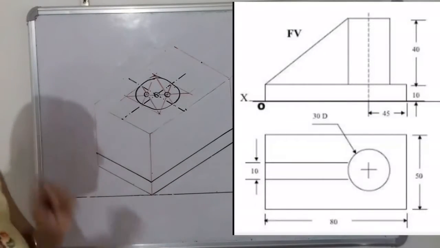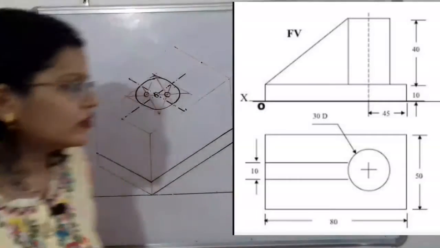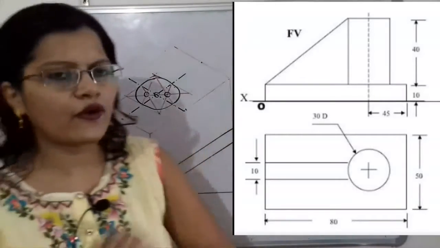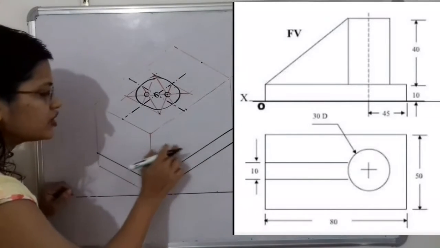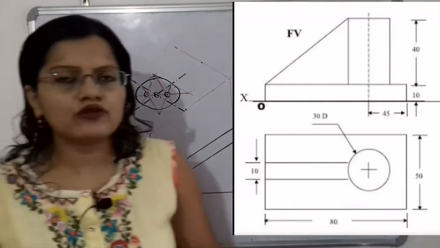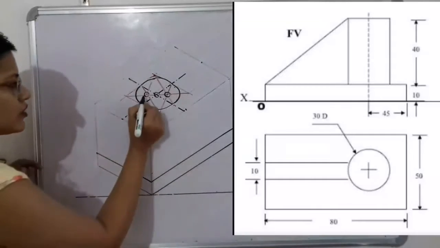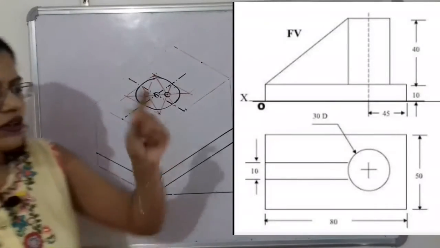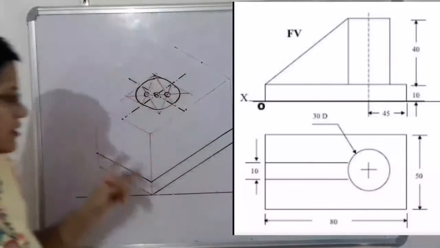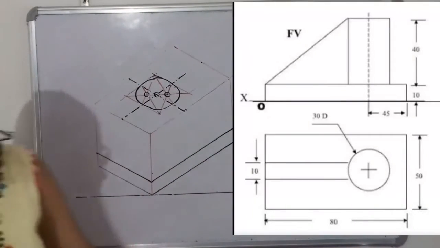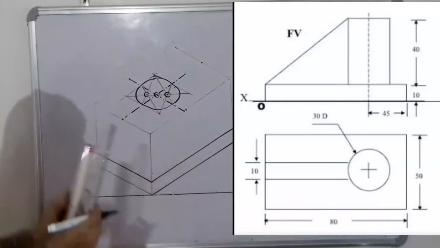Now the height is given. So what is the height? The height is given, that is 40 millimeter. So now how to complete here the shape at the base? So we have to shift the centers. Now here are total 3 centers. Now we have to shift those centers along the height. So the height is shown by this vertical line. So now I will shift this center. So how to shift?